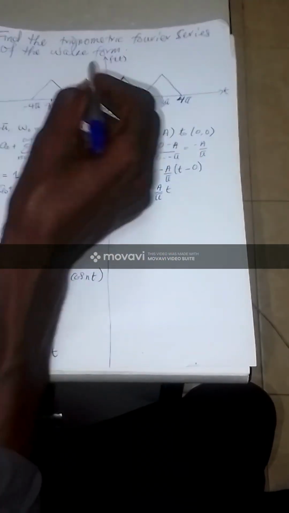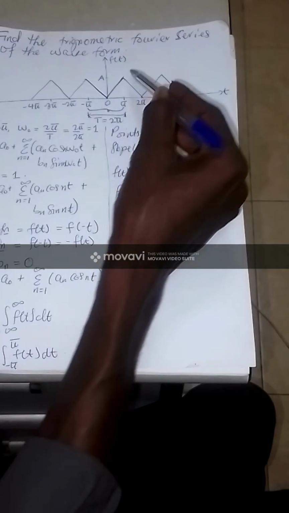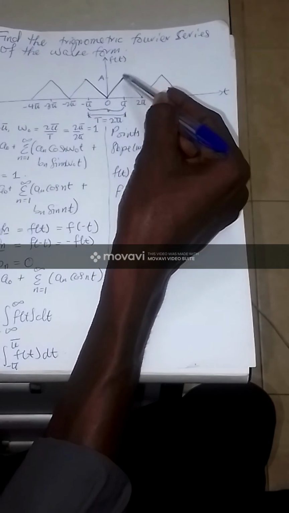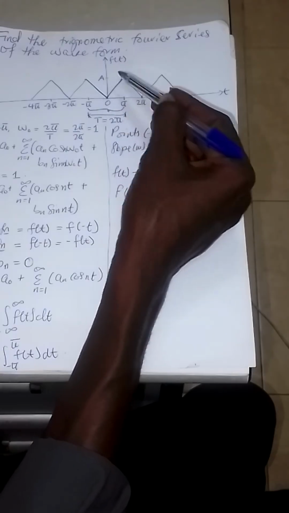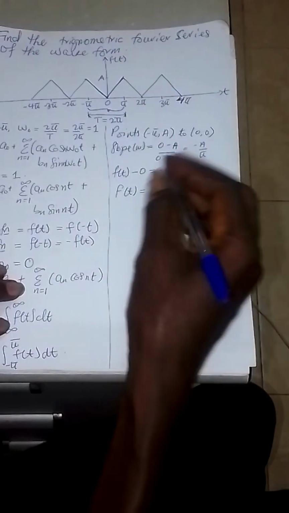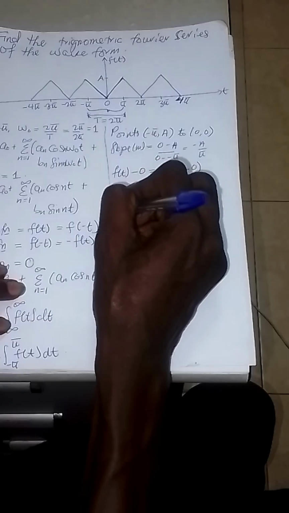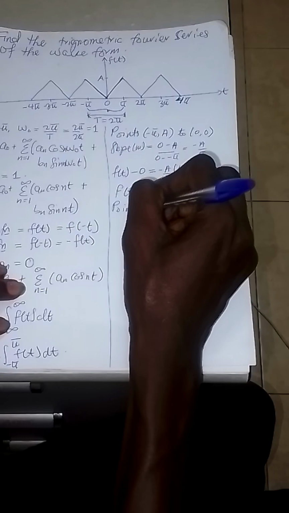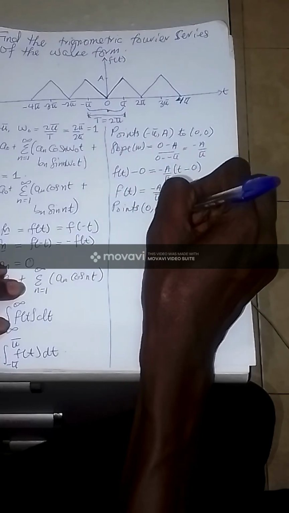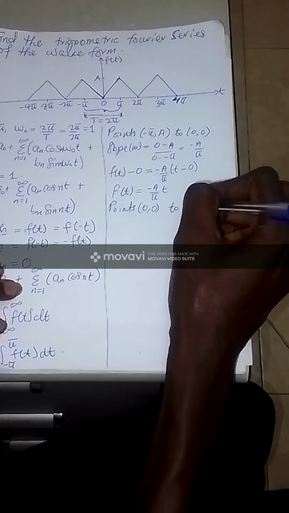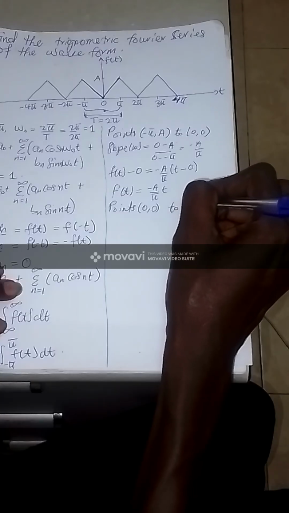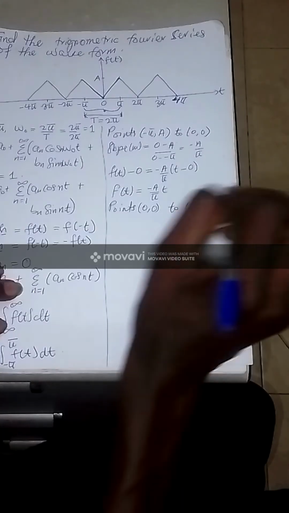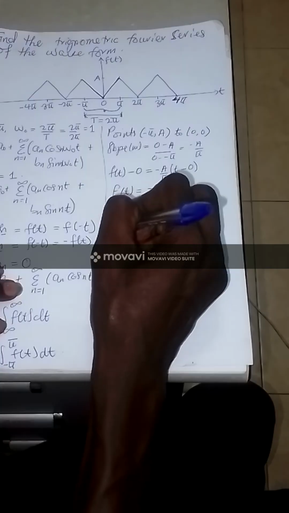But you see that we have minus pi, A, 0, 0 and 0, 0 to pi, A. This is also another line. This one line, this is another line. So we must find the equation for this line too. So here we will use points 0, 0 to point pi, A. So the slope will be